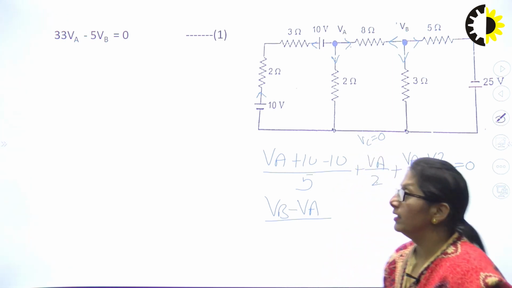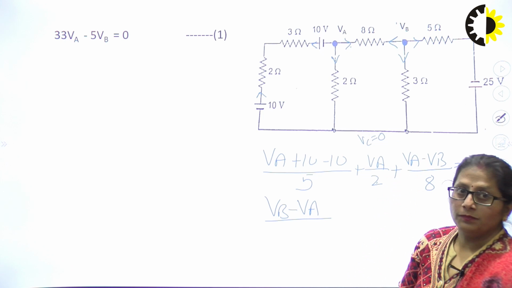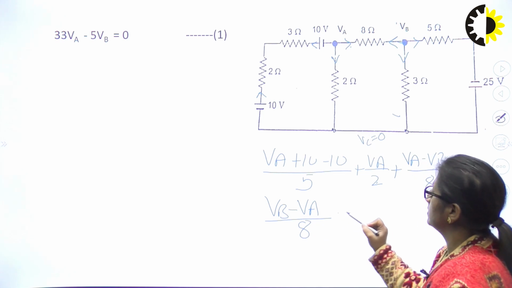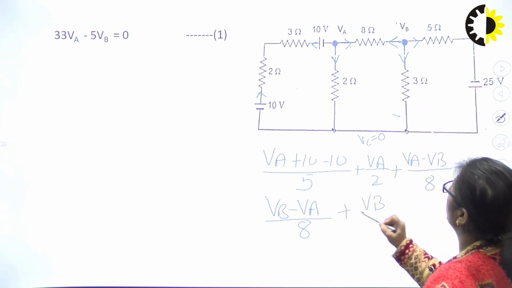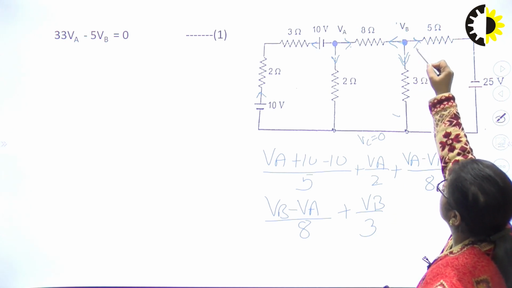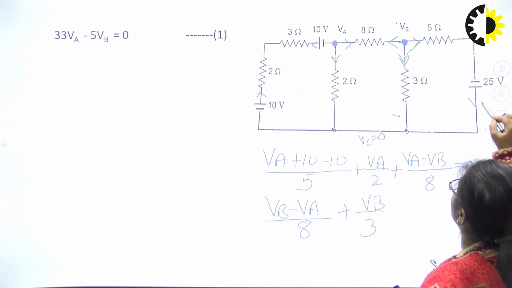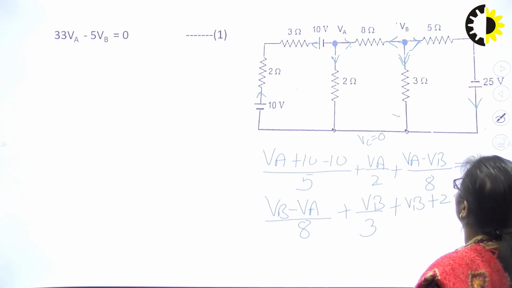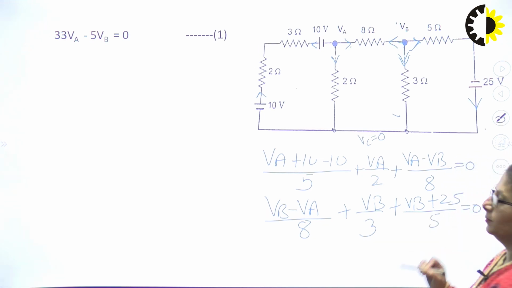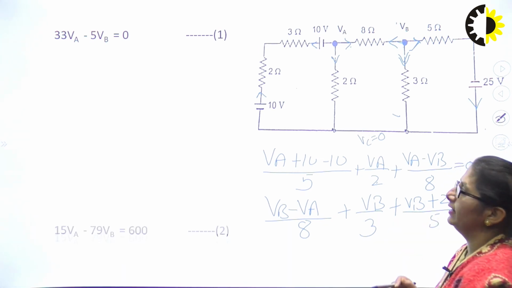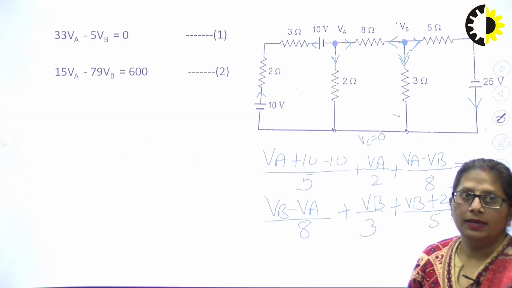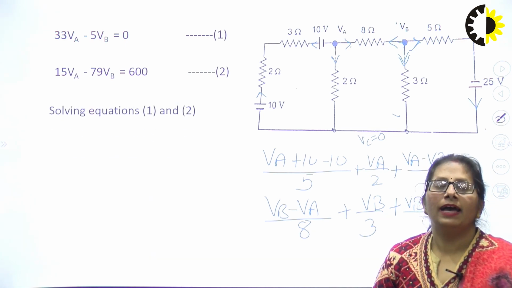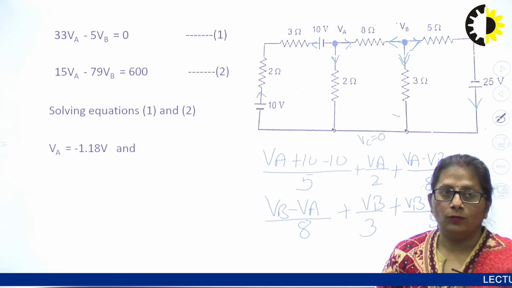Similarly, applying KCL at junction B, right, we will be getting, for this branch, VB minus VA upon the resistance, which is 8, plus VB upon 3 for this branch. And for this, if at all you see, this is VB. This is also sending the current in the same direction. So I need to write it as VB plus 25 upon 5 is equal to 0. Resolving it, I'll have another equation, that is 15 VA minus 79 VB is equal to 600. Two equations, two unknowns, solving for them, I'll have VA as minus 1.18 volts and VB